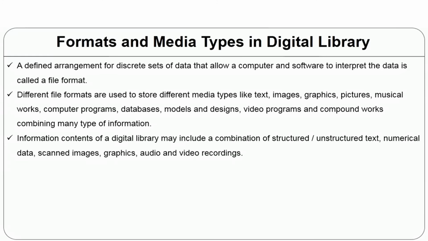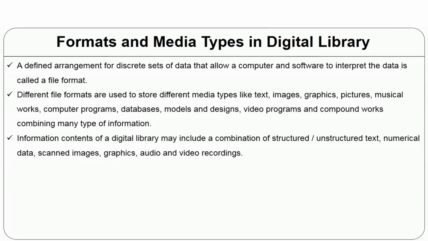Every object in a digital library needs to have a name or identifier, with which only we can distinguish between them. The file extension of a digital library object typically denotes the format. If you are listening to music, you are having a format called MP3 most probably. That is the very common standard in audio. When you are watching a movie on the computer, or when you record it as a video file, it may be MP4 or it may be .mov. There are so many formats available, but I told you some common formats. Every equipment will be using that, and the last extension will define which is the format.